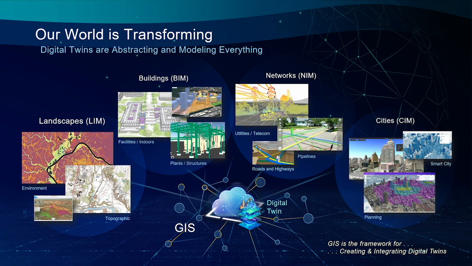Everything starting with the landscapes, which is really representing your terrain, representing your environment, and maybe flora and fauna and topographic. The next digital twin is BIM, which is the building information model. So representing what your physical buildings and facilities look like, what the infrastructure under the ground looks like, to put it all in 3D, to make it integrate with your CAD and with your Revit and all the other design and construction tools. And then there's another digital twin, which is the network information model.